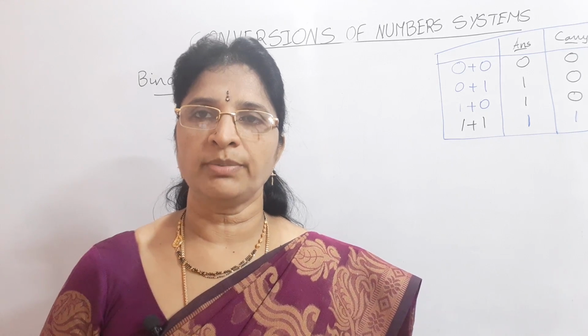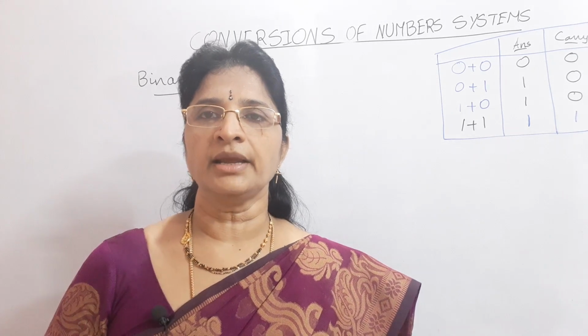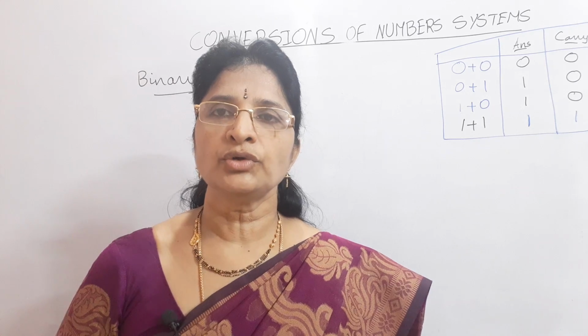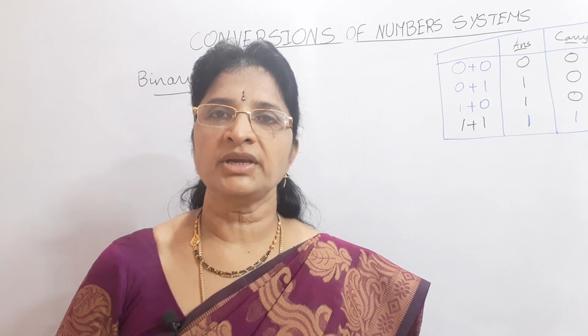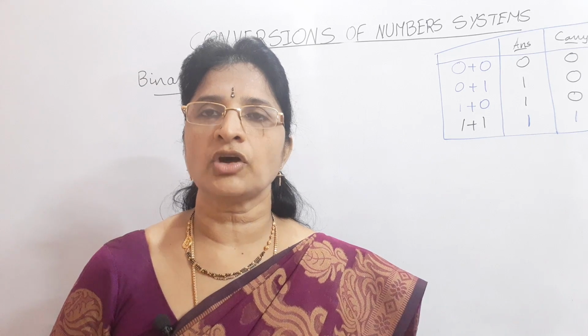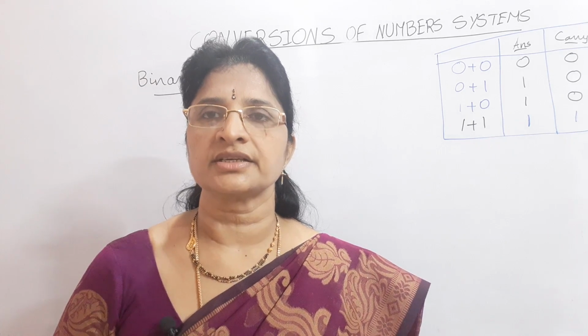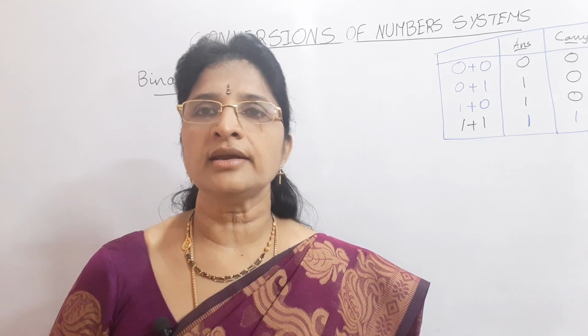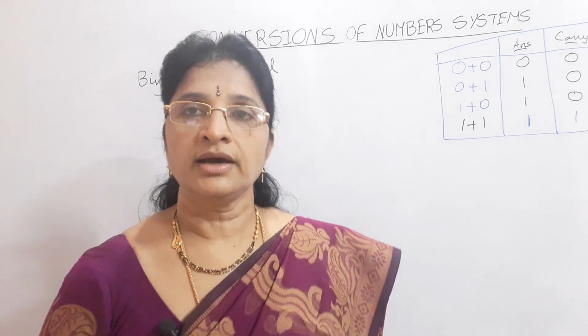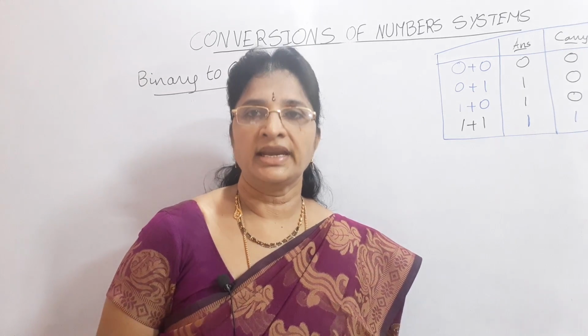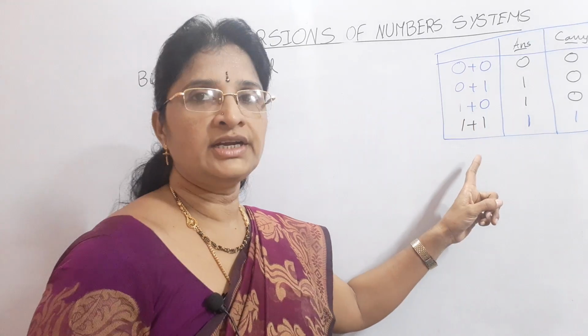While discussing about the binary number system, in binary number system we have two digits, those are 0 and 1. Whenever we are performing some operations on these digits, the result is also again 0 and 1. So for time being, we will see the addition of two binary digits. Here I have given it in a table.